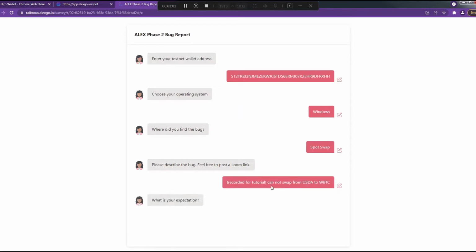Send. What is your expectation? That this function is provided soon, and that you all continue to do great work,